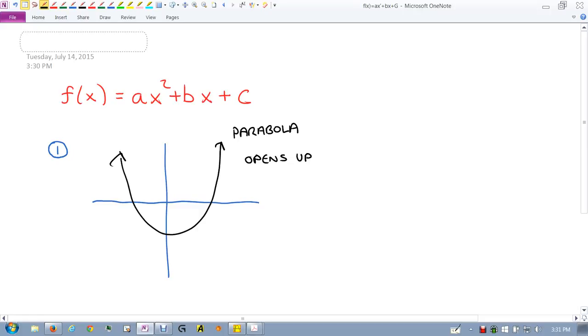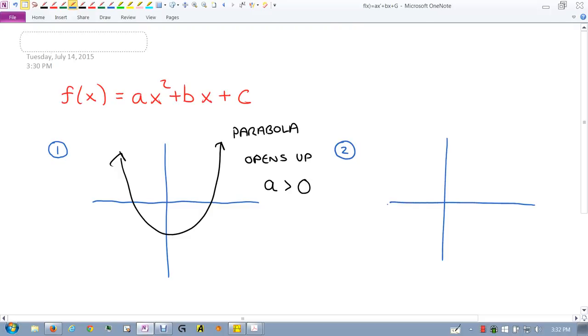The way that you can determine whether or not a parabola opens up or down is by simply identifying one number, and that's a. It will always open up if a is bigger than 0. So if the number in front of x squared is positive, you're guaranteed the parabola opens up. Looks like a smile. The other possibility is that your parabola